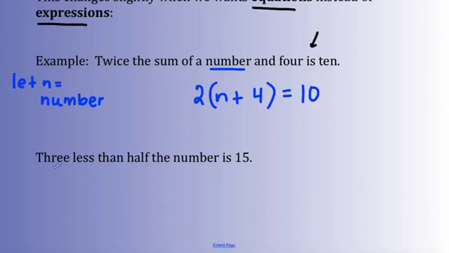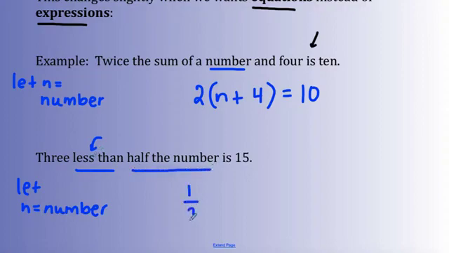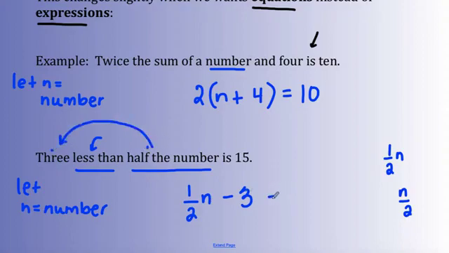Here's another one. 3 less than half the number. All right, so first we're going to let n equal the number. We want 3 less than, so we know that's a flip-it-around word. So I'm going to do half the number first. That's 1/2 of n. Another way you could write that would be n over 2. So 1/2 of n minus 3. So remember that the 3 gets flipped around over here, and that half that number gets flipped around over here,